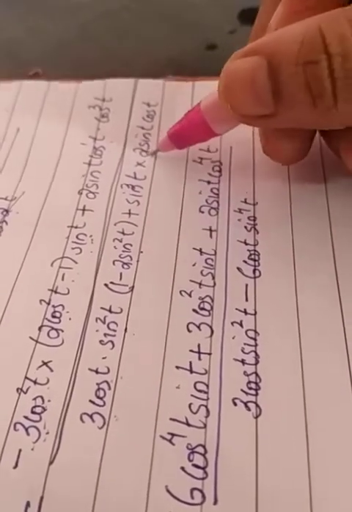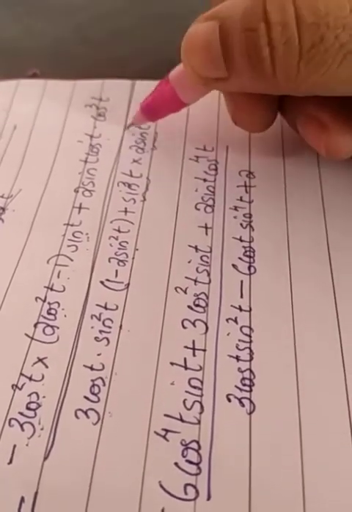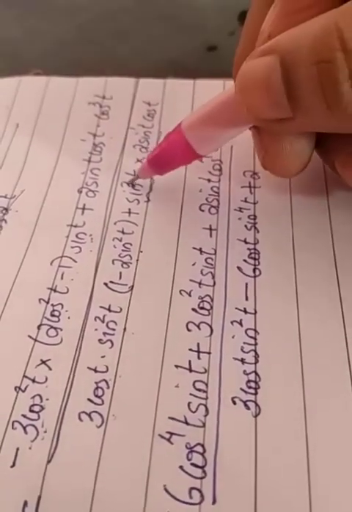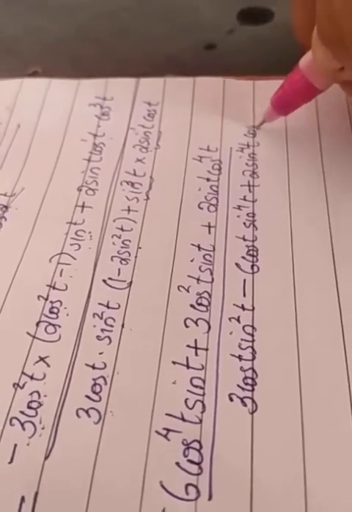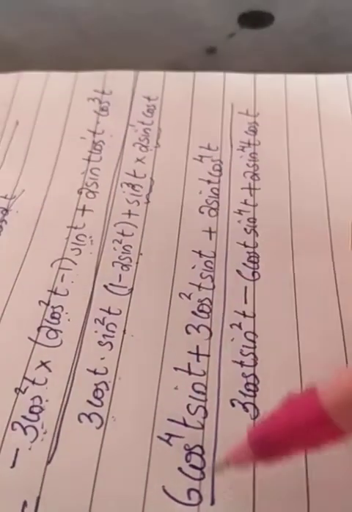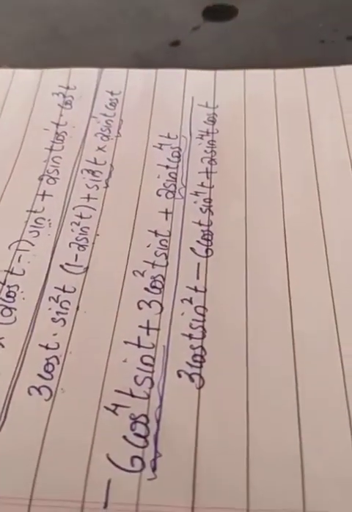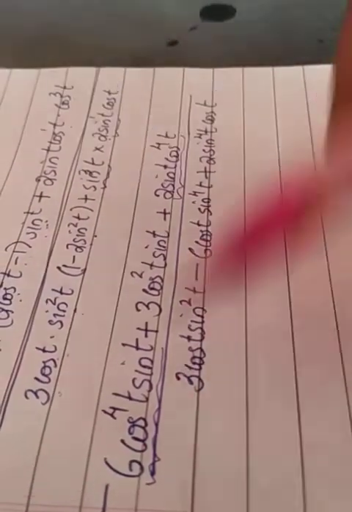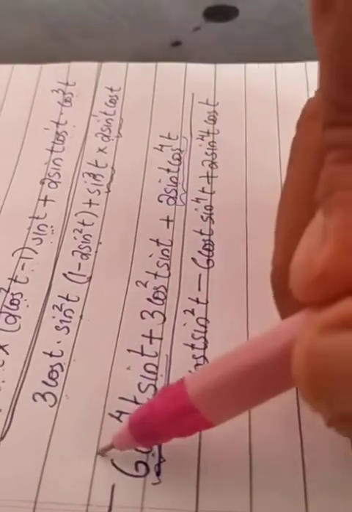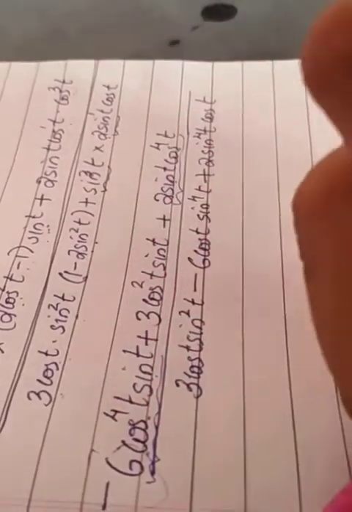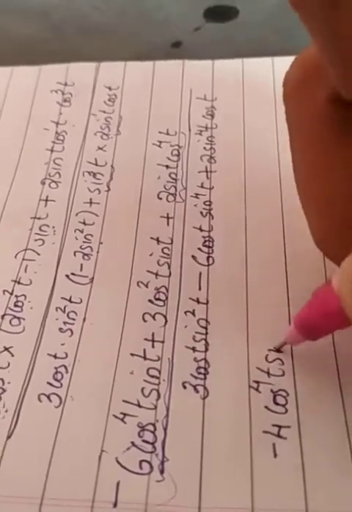Again, what about the next term? Plus 2 is a constant. Sin cube t is there, sin t. Sin t means it is sin raised to 1t. So again 3 plus 1, 4. So 2 sin raised to 4t into cos t. Again look, there are similar terms, minus 6 cos raised to 4t into sin t, and here 2 sin t into cos raised to 4t. Cos raised to 4t sin t, cos raised to 4t sin t. So we can simplify, minus 6 and 2 will give you minus 4 cos raised to 4t into sin t,